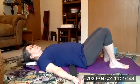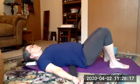And then bring your awareness to the center of your eyebrows, center of your throat, right shoulder, elbow, wrist, right big thumb, second finger, third finger, fourth finger, fifth finger, right wrist, elbow, shoulder, center of your throat, left shoulder, elbow, wrist, left thumb, second finger, third finger, fourth finger, fifth finger, left wrist,